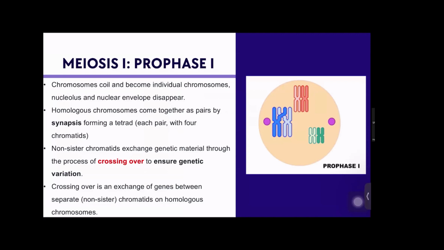Okay, so crossing over, class, remember that it randomly happens to every chromosome, resulting in different gene combinations, hence creating genetic variety in offspring. So this explains why every gamete is different from each other. Also, in addition, in prophase 1, as the nuclear membrane disappears, the centrioles move to opposite ends of the cell.